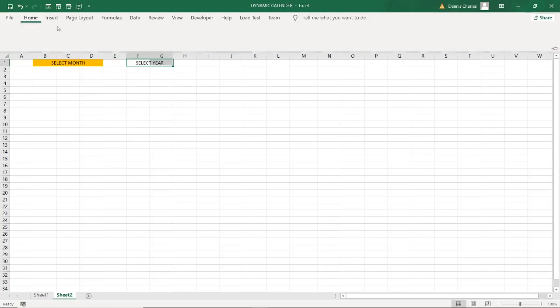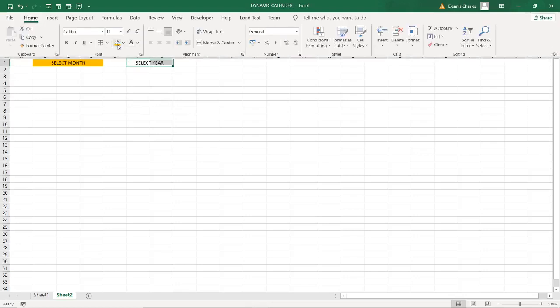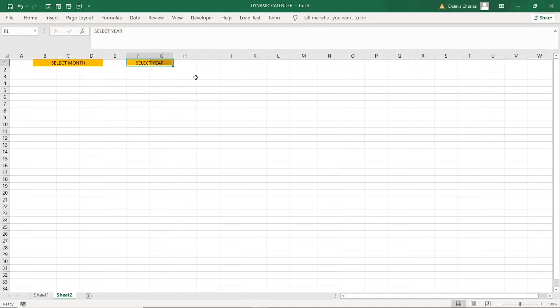That is to home. I can have the same color. Like that. And then now I need to have the month here. This is the working cells. I'll be using this one.